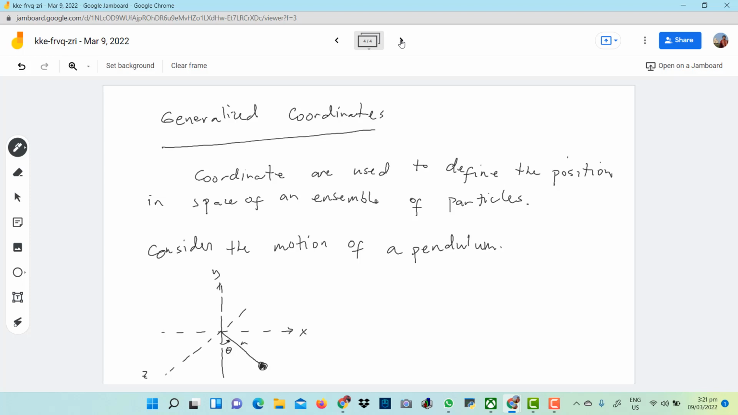So we can describe, for a simple pendulum,